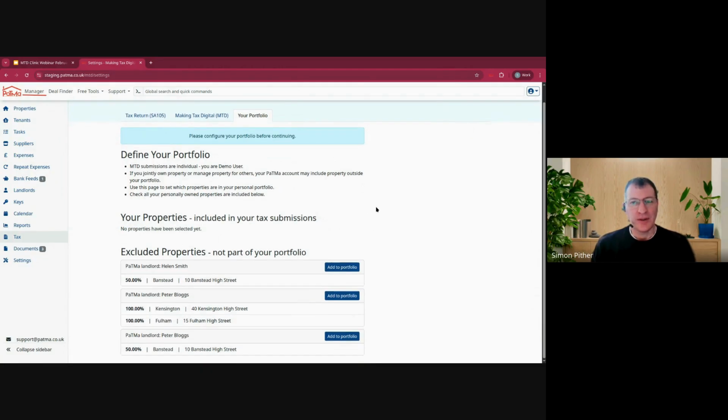The first step that you need to do within PaTMa after connecting your account to HMRC is to tell PaTMa which properties within the system are actually yours as an individual. PaTMa supports multiple landlords within an account, and that could be multiple individuals, husband and wife, brother and sister, whatever it might be. And it could also be a limited company as well, which obviously wouldn't be relevant. But it can also support